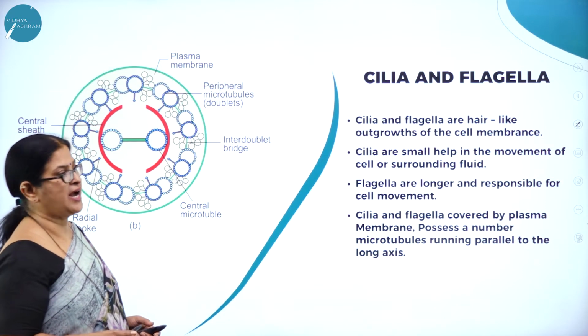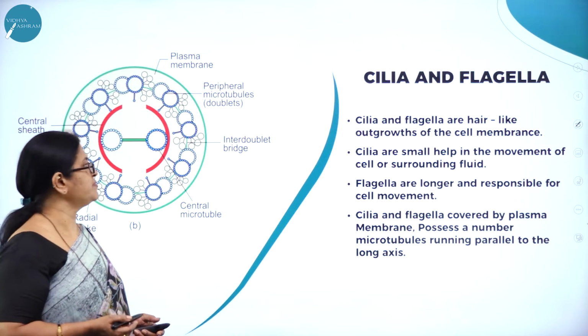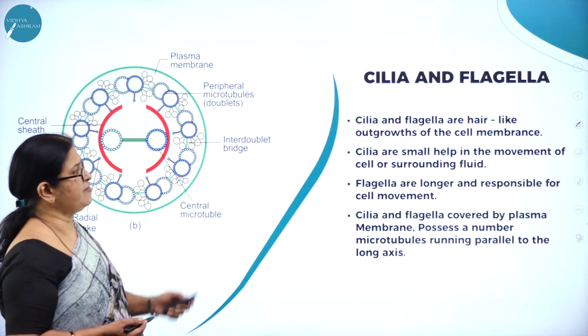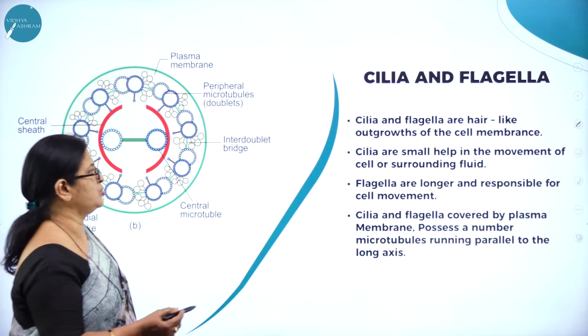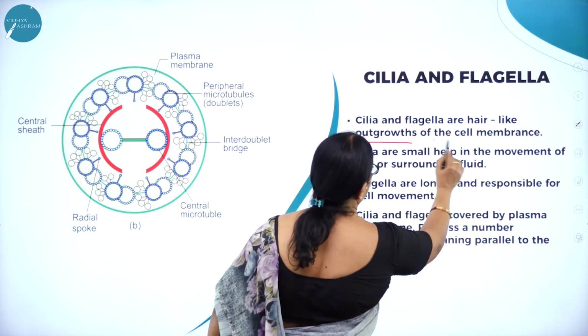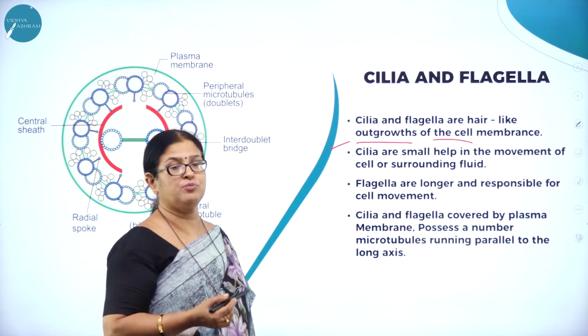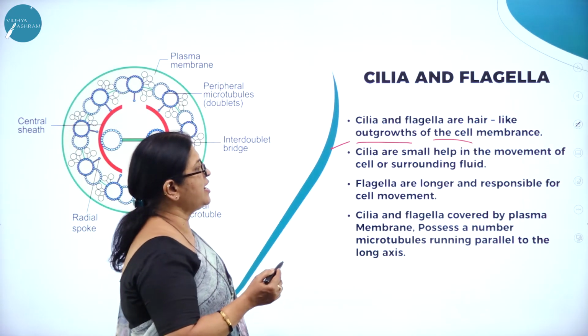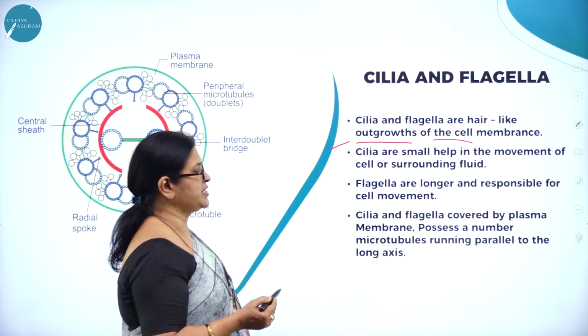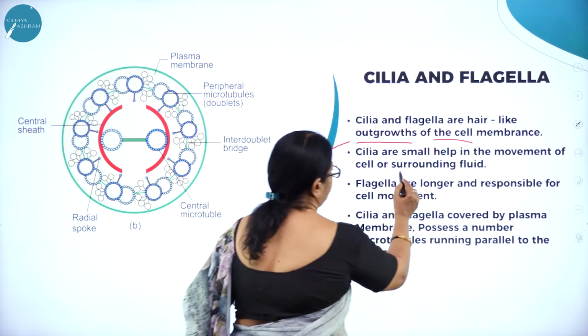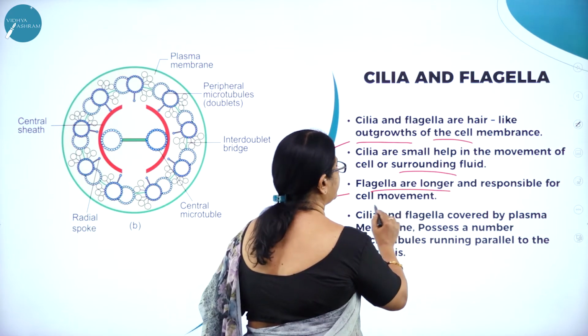Moving on to cilia and flagella. I think all of us might have come across cilia and flagella. They are hair-like outgrowths of the cell membrane. So, they are very important for what? For locomotion or for movement. So, cilia are small, help in the movement of cell or surrounding fluid, and flagella are longer and responsible for